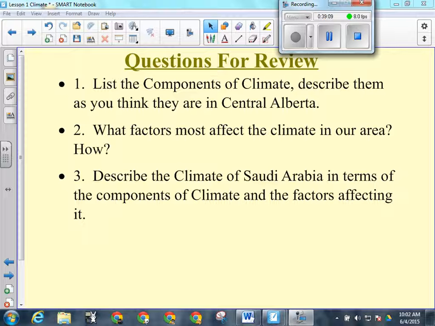What factors most affect the climate in our area? Well, the one we said we could list for any place would be latitude. We're pretty far from the equator. We're about 50 degrees north of the equator, almost 51 degrees actually. That means we're more than halfway to the North Pole from the equator, because 45 degrees would be halfway. And we are